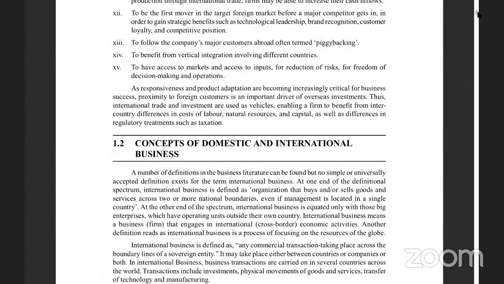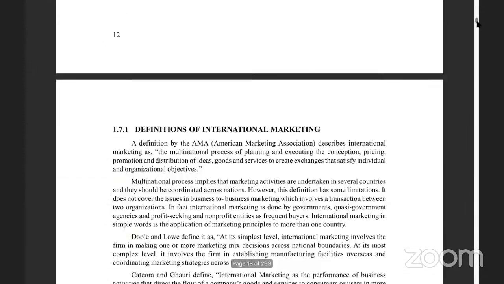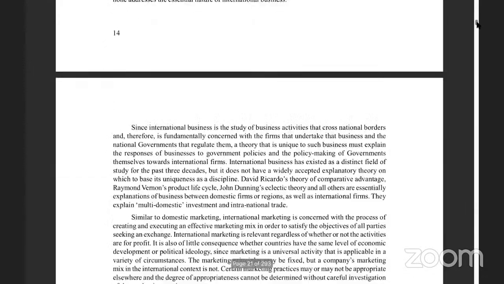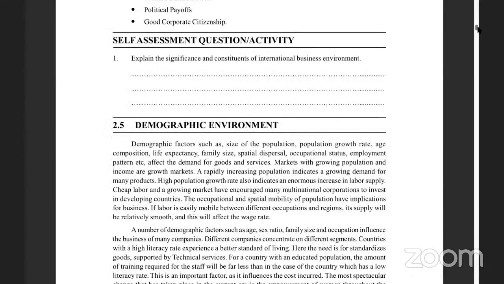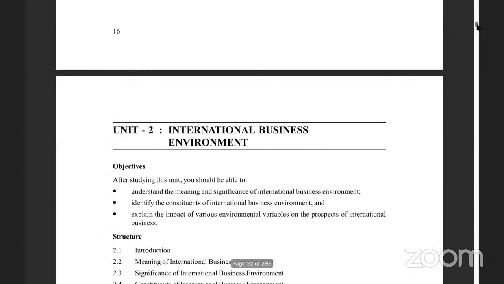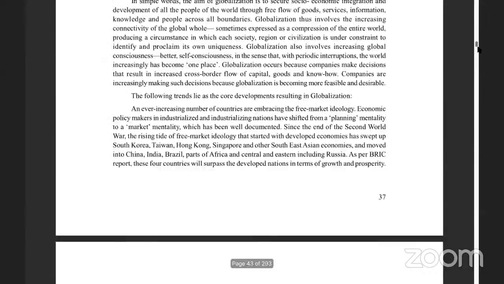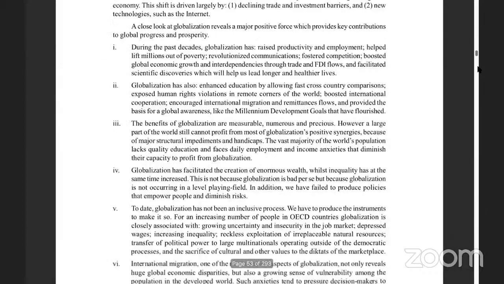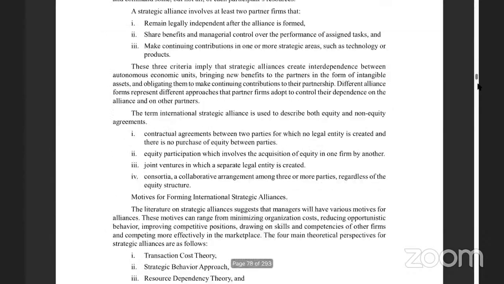I just want you to go through this balance of payment for 5 minutes. I'll come back to you, and when I come back to you, I'm not going anywhere. I'm available to you. As you read, raise the doubts, and I'll keep answering them. I'm not going anywhere, but I'm giving you time to read it. I'll have a glance at this before we go for a full-fledged discussion.